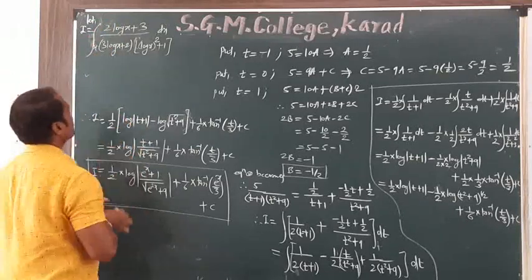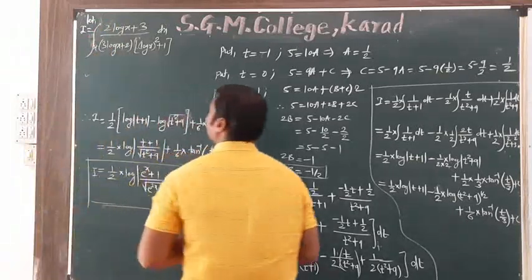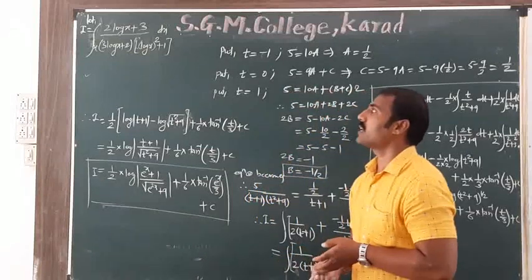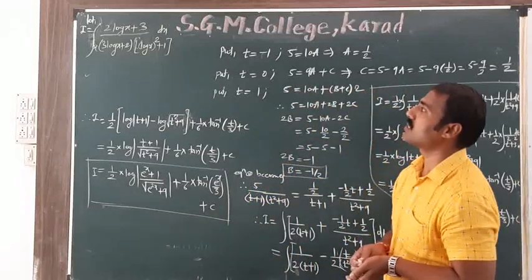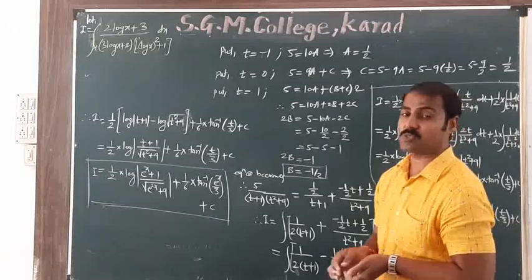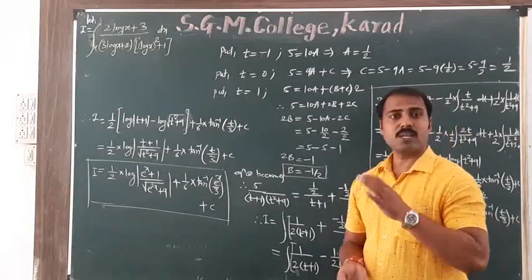I can repeat the question again: evaluate integration 2 log x plus 3 divided by x into 3 log x plus 2 into log of x bracket square plus 1, which is much similar